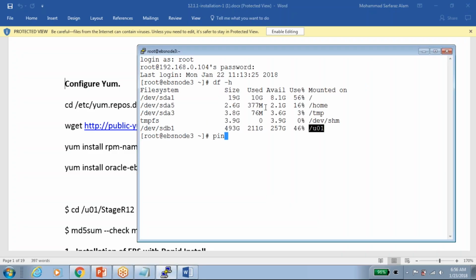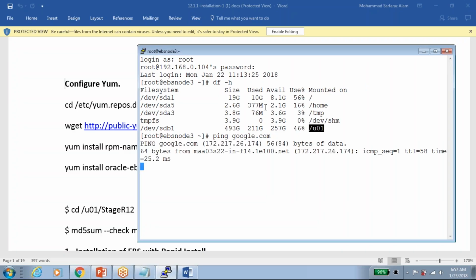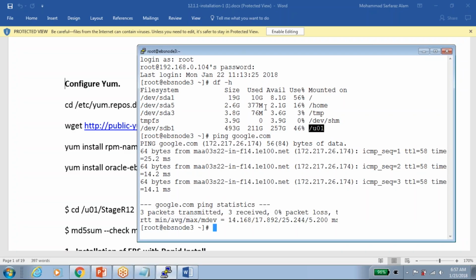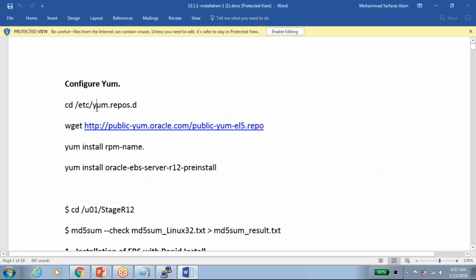Yeah, so let me ping Google. Okay, if I can access Google, it means I can access the internet. So how to configure? The command is very simple. Take this one